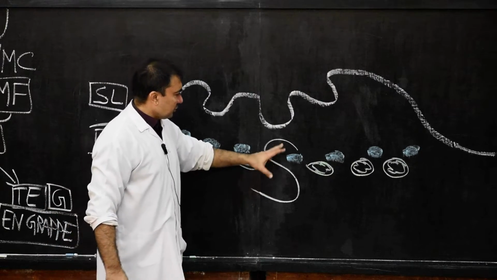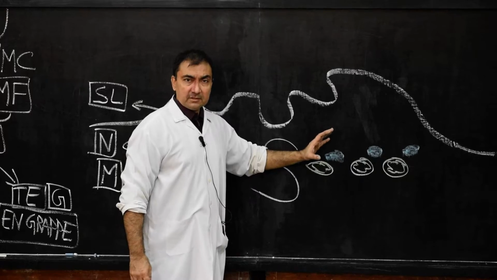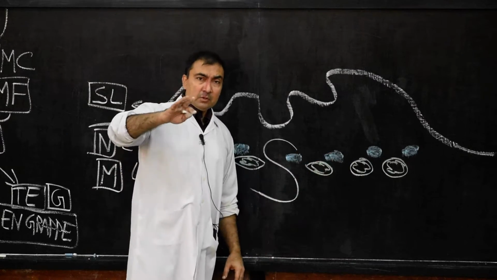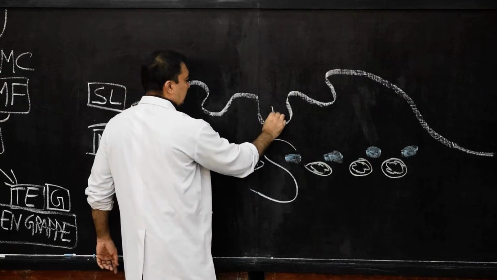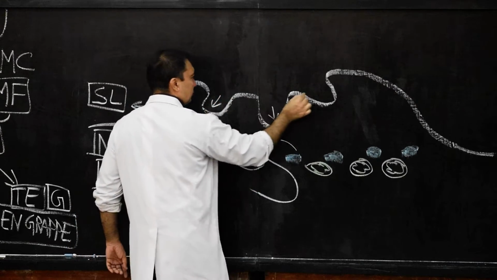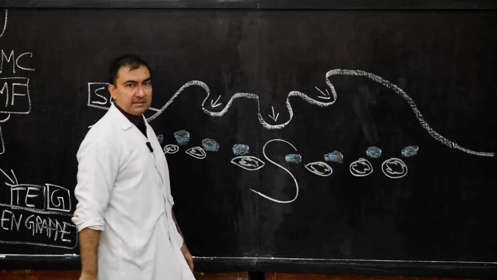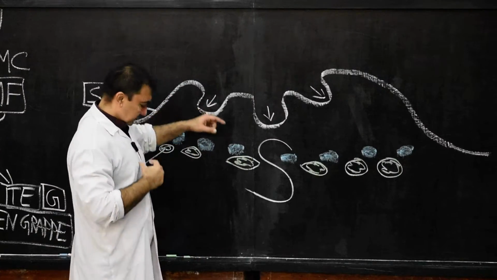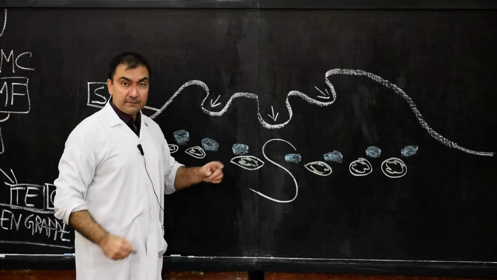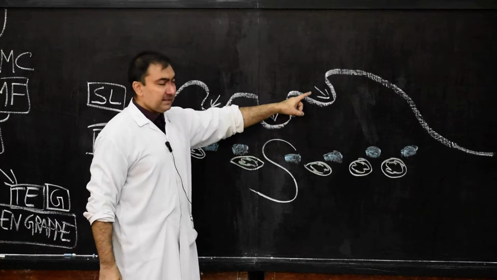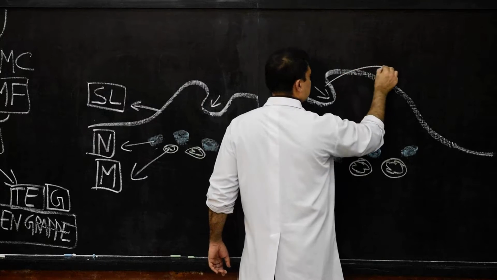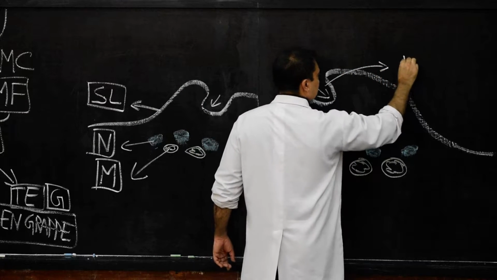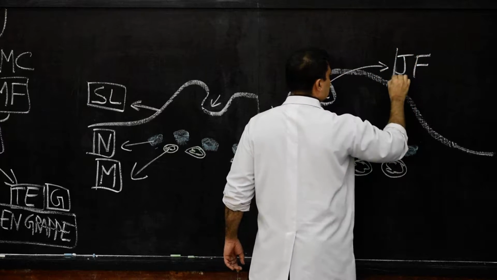So this is the sole plate or motor end plate, the anatomy of this. Now on the surface, I'll put some arrows here to show, there are various depressions. On the surface of the sarcolemma, here we show various depressions, and these depressions I will write here as the junctional folds.